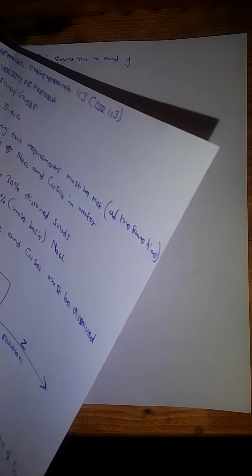In step 5, we're going to actually be solving for x and y. Like I said, the chemical engineering is done now. We need to look into the mathematics of it so that we can get the values of x and y, and that becomes our NaCl and CuSO4. With that said, we can just use the equations that we have and substitute